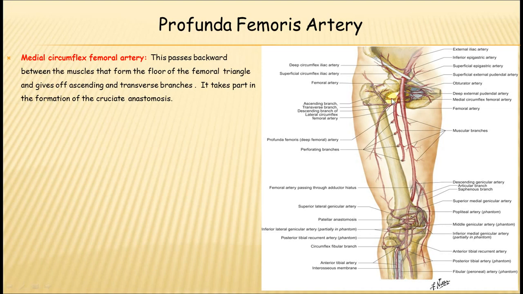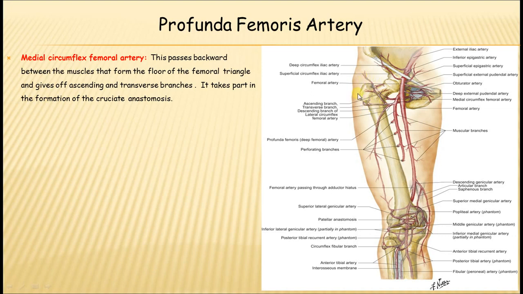So the medial circumflex artery actually passes medially, winding around the femur between the adductor longus and pectineus, and it gives three branches. The medial circumflex artery will give three branches. It will give a transverse branch, and it will also give an ascending branch, and it is also giving an acetabular branch. The transverse branch will take part in the cruciate anastomosis